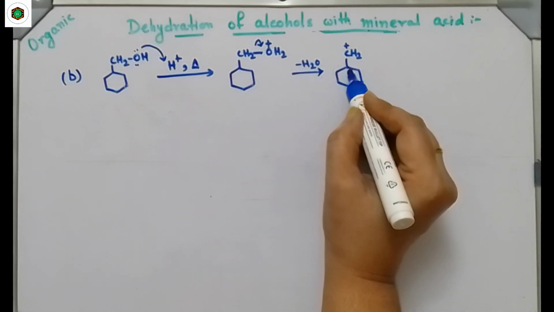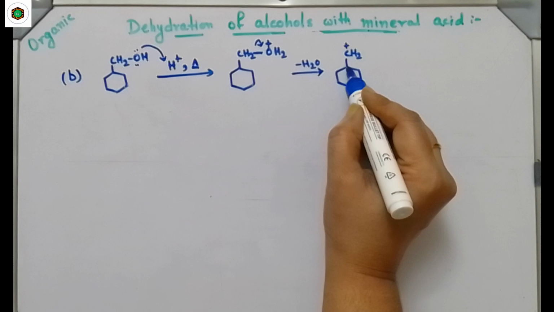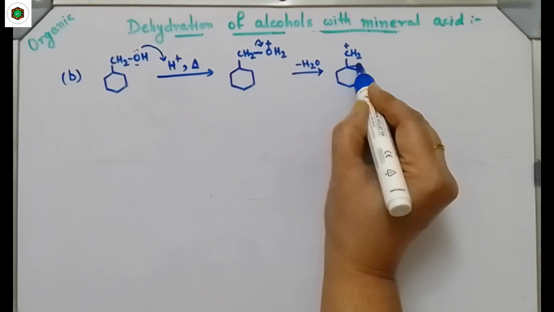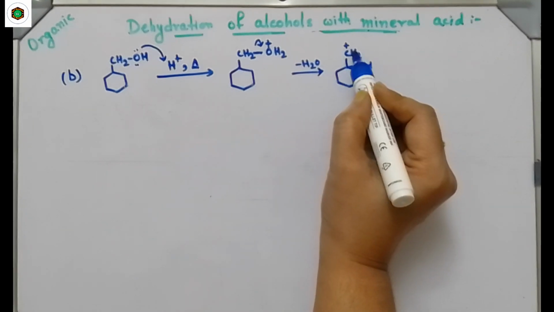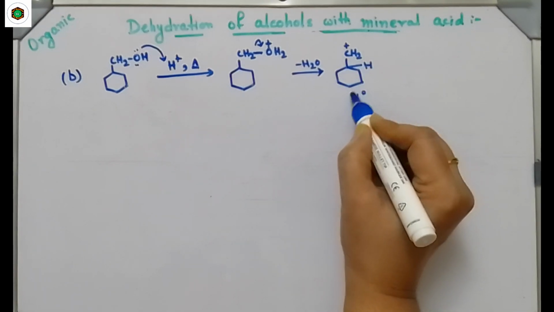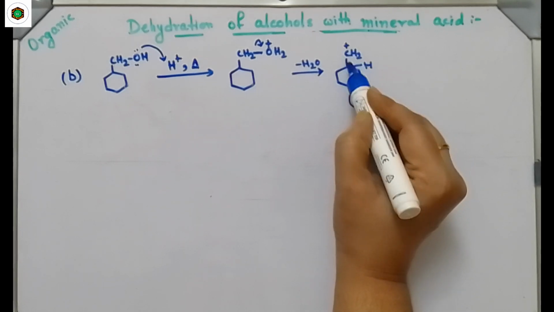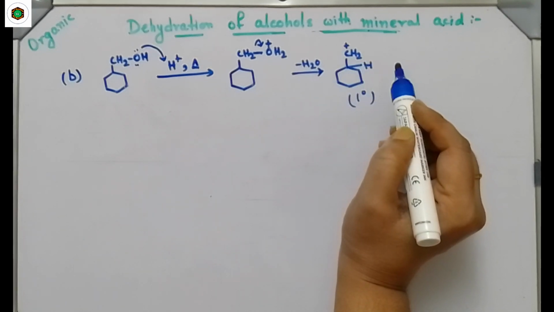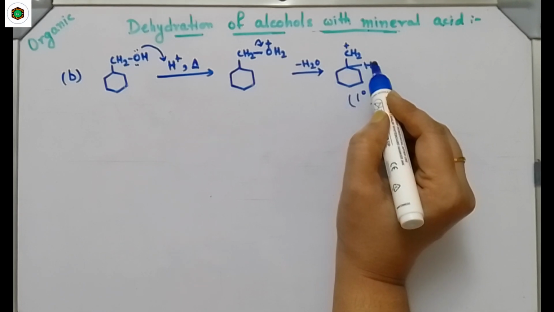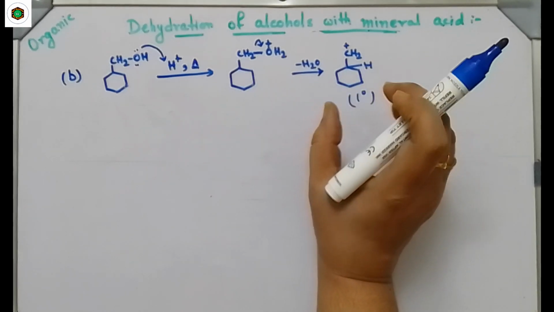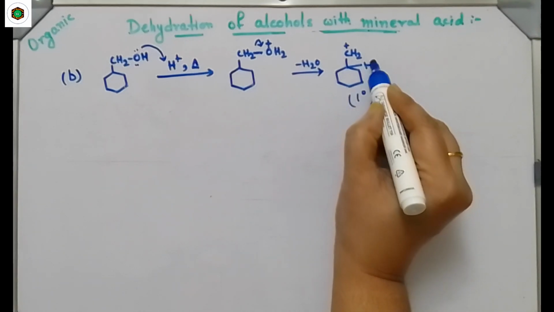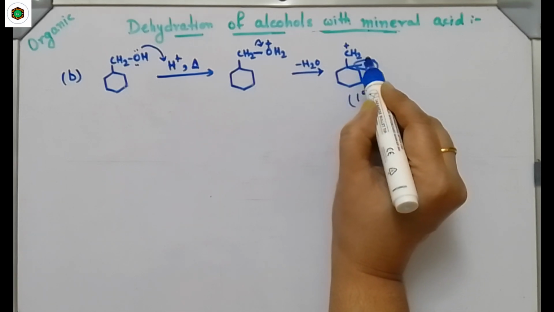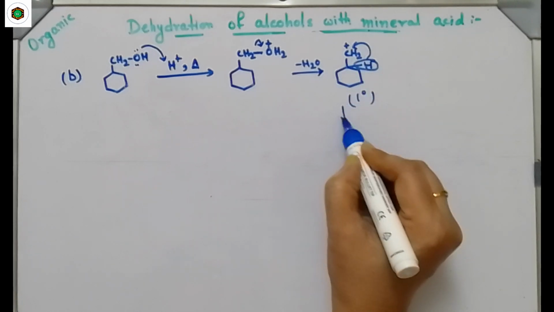Now see, to satisfy the tetravalency of carbon, here 1, 2, 3, so another hydrogen should be there. So this is a primary carbocation, 1 degree carbocation, because with this carbon another carbon is attached. So we have to check whether any more stable carbocation is generated by carbocation rearrangement. So by 1,2 hydride shift, this hydrogen, if it goes with its bonding electron here,